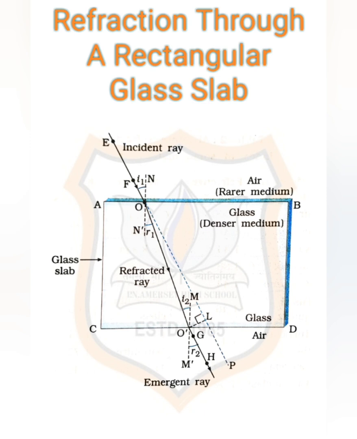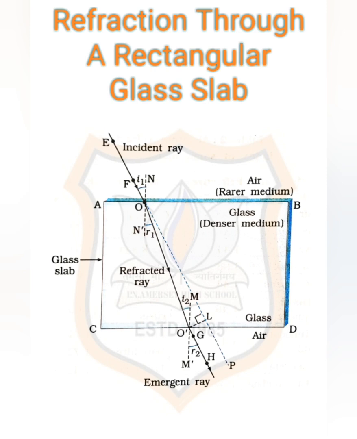Why? Because the extent of bending of the ray of light at the opposite parallel faces, that is AB, air-glass interface, and CD, glass-air interface of the rectangular glass slab, is equal and opposite. That's why the ray emerges parallel to the incident ray. But this light ray is slightly shifted sideward. Now we can conclude that refraction is due to the change in the speed of light as it enters from one transparent medium to another.